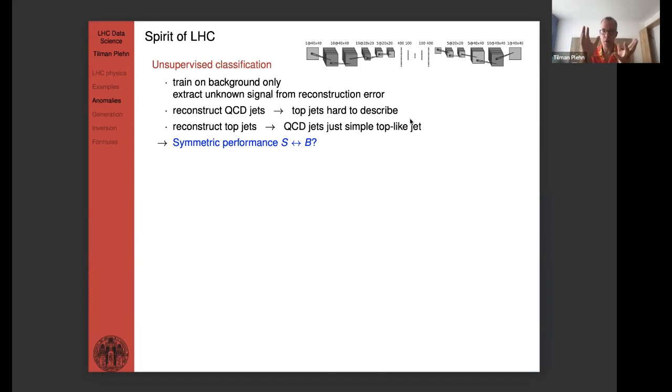You have to make it so that you learn when you study them. You understand that at some point they work with compressibility. They check how much you can compress your data. And who knows if my new physics is less compressible than QCD? Why should it be? If dark matter carries away stuff, then a jet that has dark matter particles in there has fewer constituents, which means it is more compressible than a QCD jet, as it has less information. So our autoencoder will just fail. Autoencoders are a great tool, but when you look at them, you immediately notice we have to work with them. You have to make them better because our standard setup doesn't work.